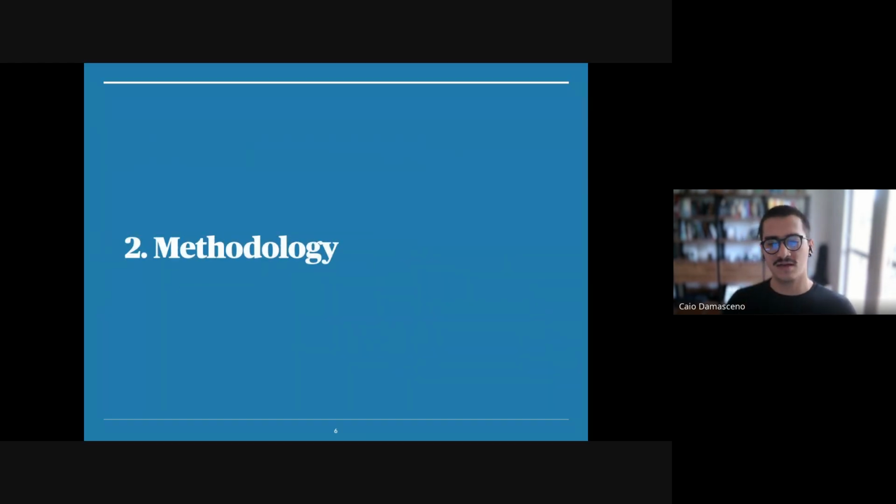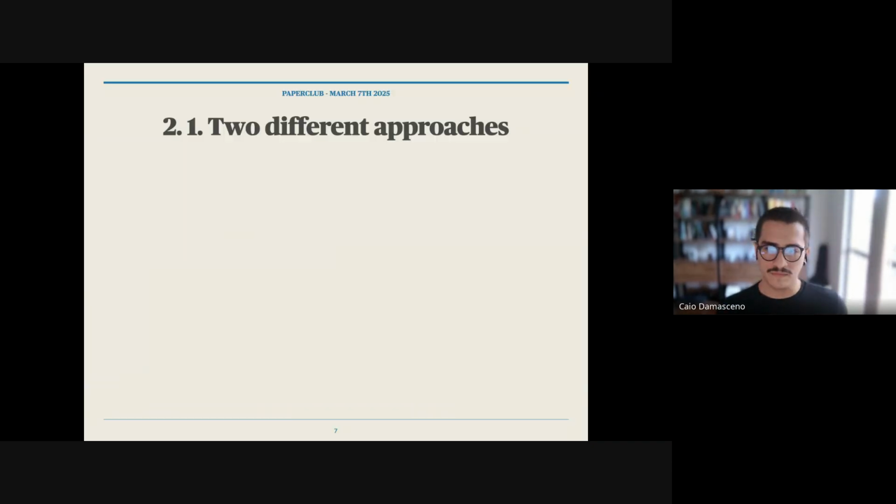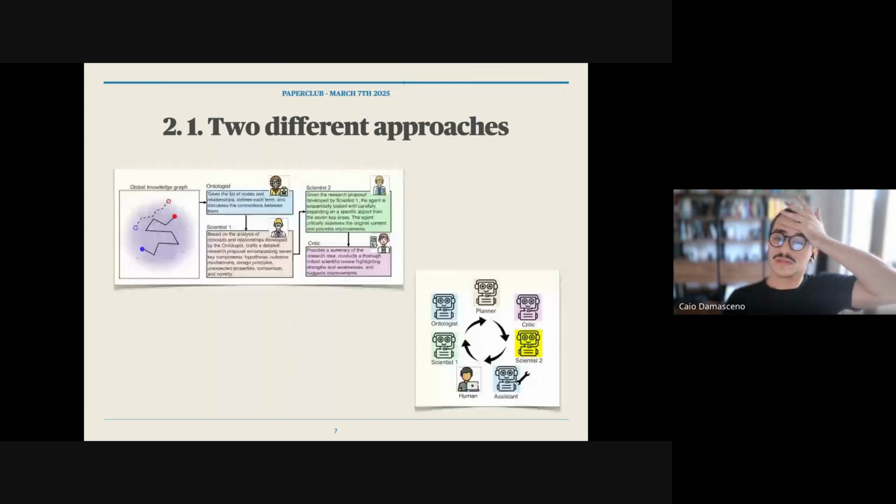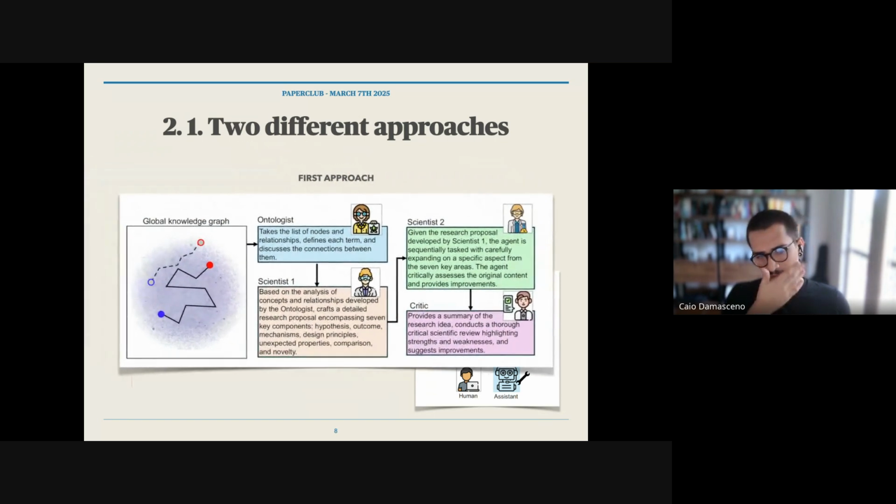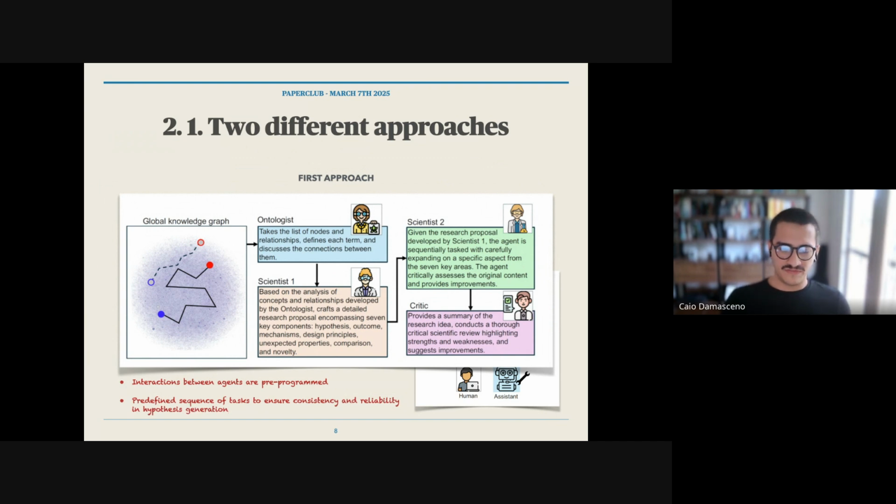All right. Regarding the methodology of what they do, they use two different approaches for this project about thinking of new hypotheses. Here on the first approach, you can see the knowledge graph and a path connecting different nodes.